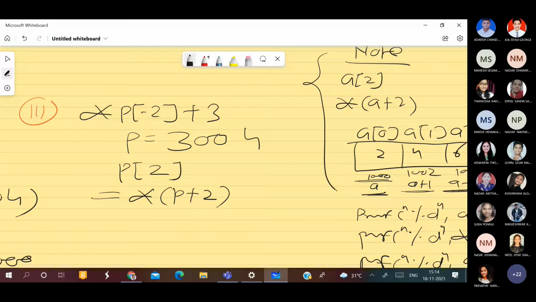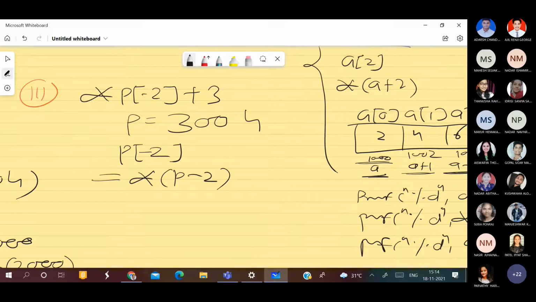Is it correct, whatever I have written right now? But this is not a plus sign. This is a minus sign. So here I will write minus. So this also I replace with minus. Is that clear? Do you have any doubt in this? Okay, no problem.